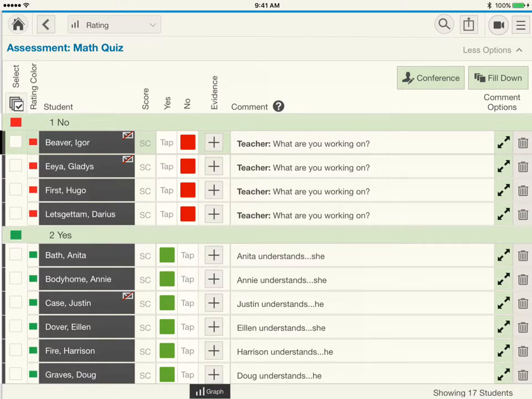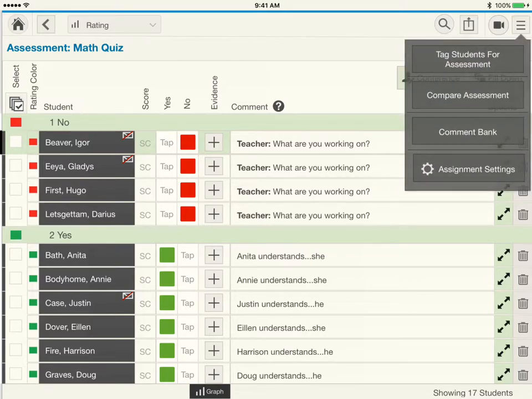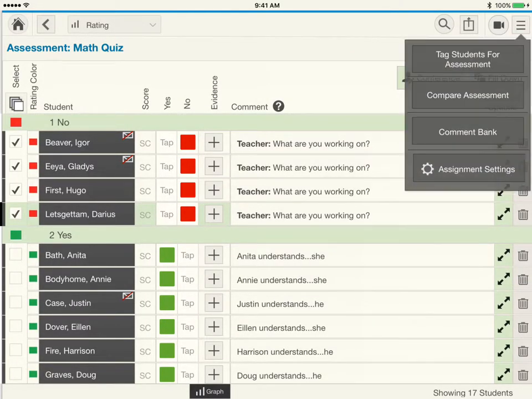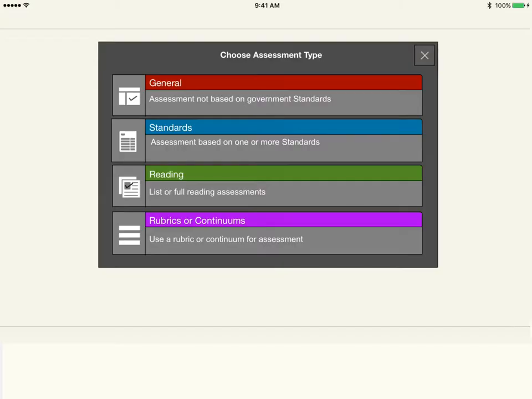Then up here in the corner, there's a little menu with 3 lines. I can tag students for future assessments. And that means basically maybe these top students that didn't get it, I might want to select them, and then I can create another assessment that'll just have these students included in it. So if I click this and press tag for assessment, it'll go through the process of creating a new assessment,